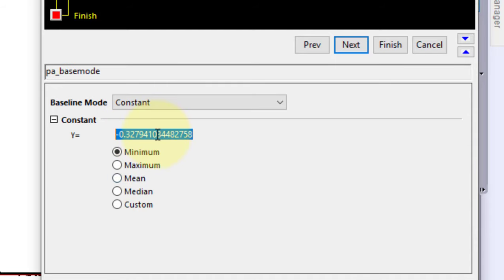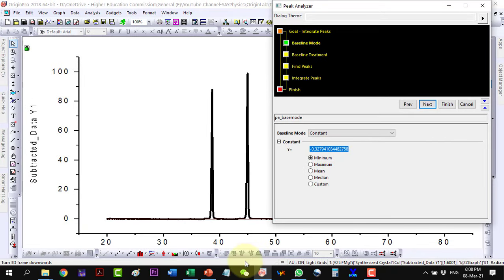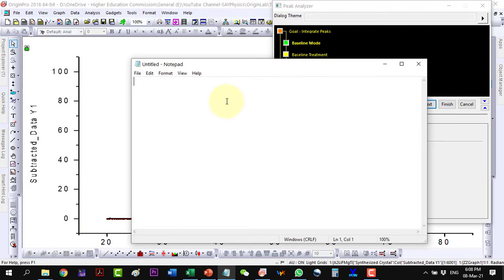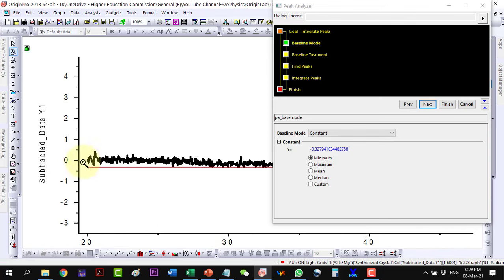This value is supposed to be constant, otherwise the area value will be different for each calculation. I can see here that this is perfect now because it is almost touching our plot.